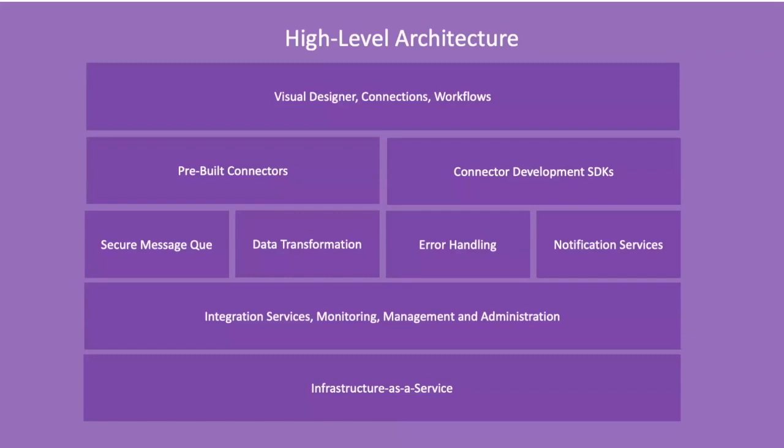The data transformation is another very important role of any iPaaS application, because every SaaS vendor has their own standards. I mean, all the standards are the same. It could be REST or SOAP based APIs, but the way they deliver these APIs could be quite different, and that's why the data transformation layer is very important. The error handling and notification services are key as well. If there are any issues, who gets notified and what kind of action needs to be taken.